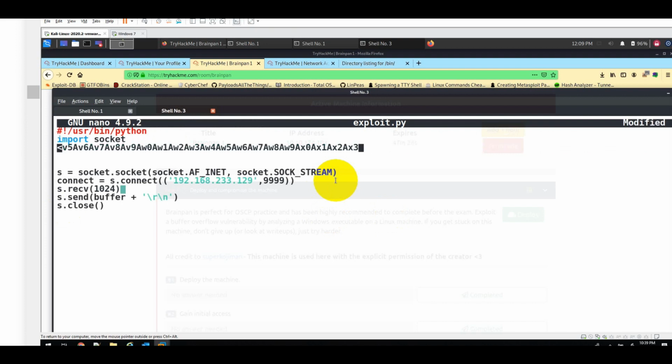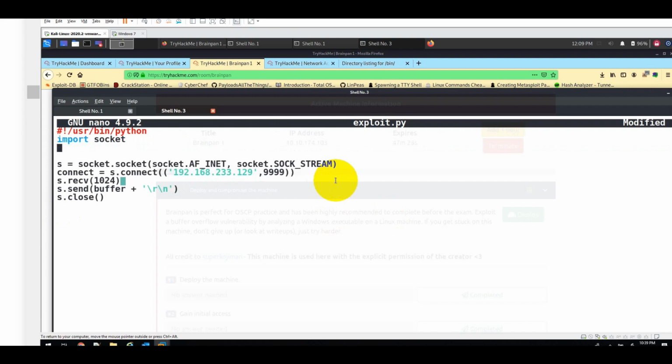We can quickly verify whether that is really where the EIP is getting overwritten. All we'll do is send 524 A's, and then some B's, because EIP is going to be BBBB in that case.